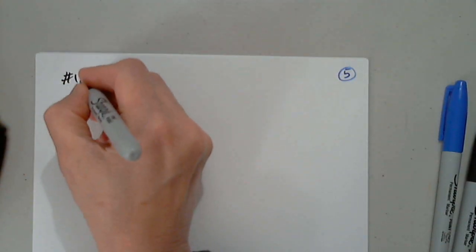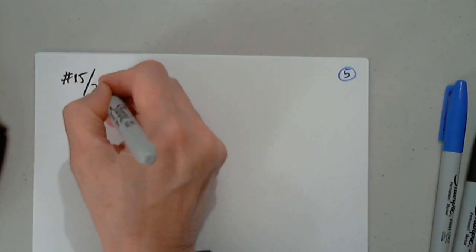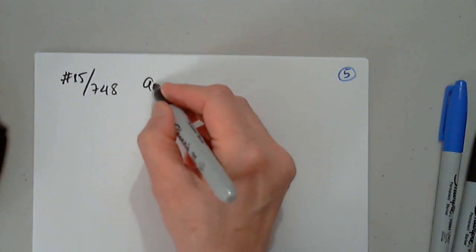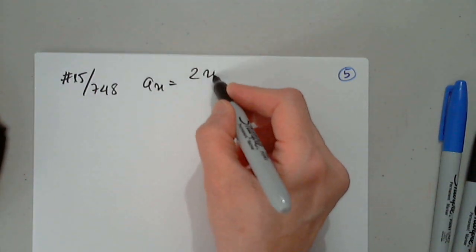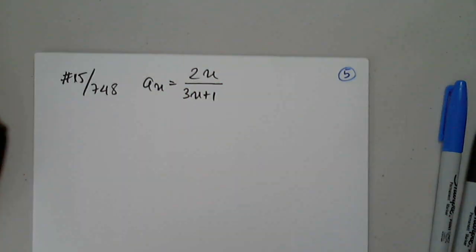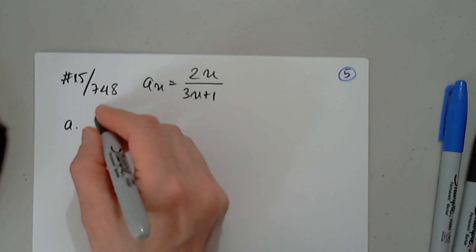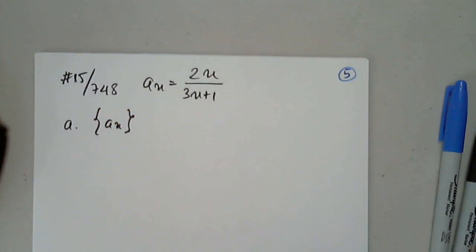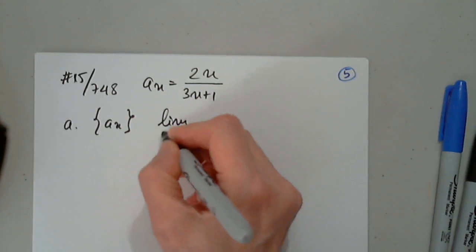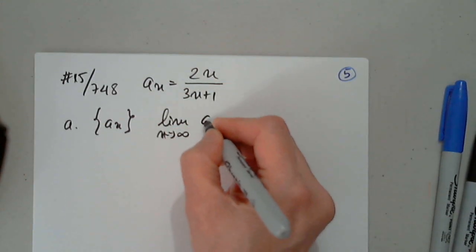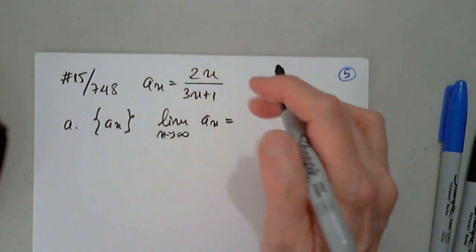Okay, we're continuing with part 2 of 11.2. We're moving on to problem 15 on page 748, and we're given a sub n equals 2n over 3n plus 1, and the question is asking us to determine whether, part A, the sequence is convergent. Okay, so remember the limit as n approaches infinity of a sub n, in this case,